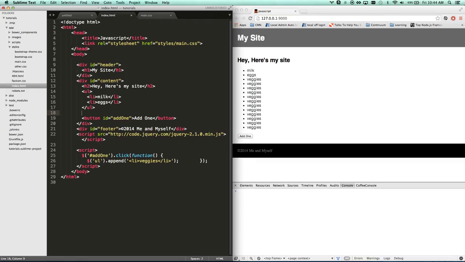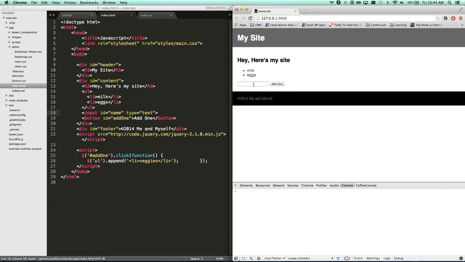So I'm going to do an input, let me give this one an ID. You'll see what an input is here soon. I'll just call it ID equals name. So that's what an input is. You've seen them in forms all over the place. They allow you to input stuff. We didn't talk about them before because we didn't have JavaScript to do anything smart with them. So I had an input named name with an ID of name and the button add 1. So when add 1 clicks,